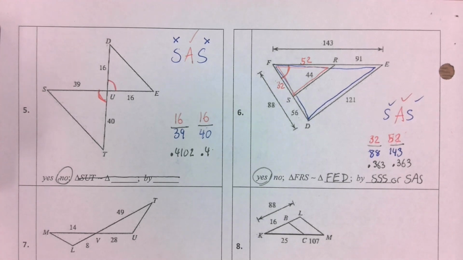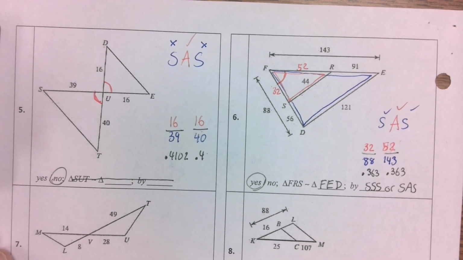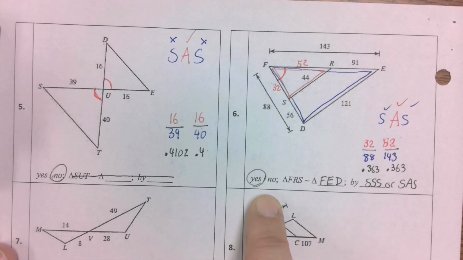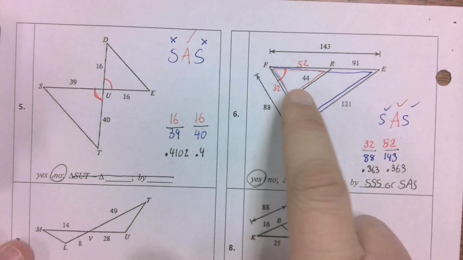Okay, check your work. For the first one, number 5, you should have gotten that they are not similar because although they share an angle, when you match up those sides, you'll find that they do not equal each other, so they're not proportional. The second one, they are similar, and you could have used side, side, side because they gave you all 3 measures,